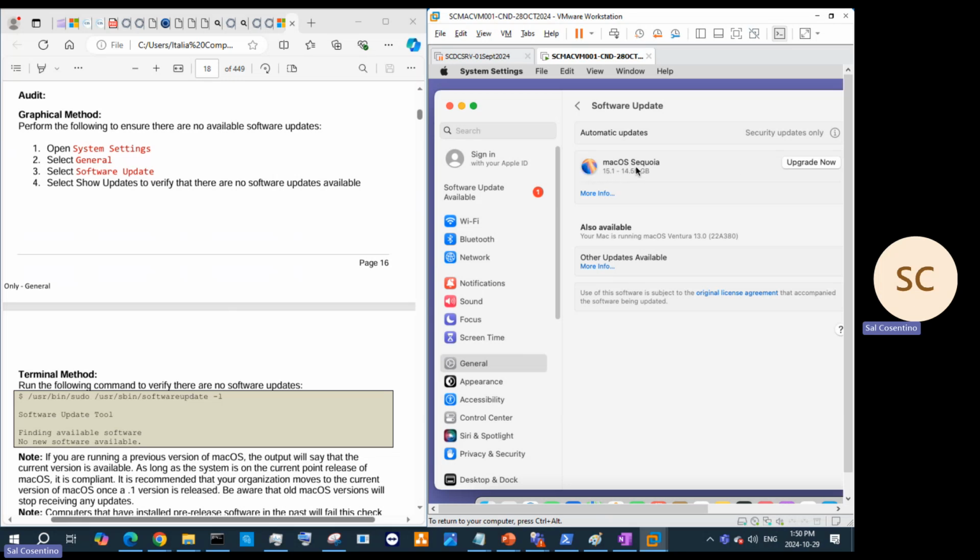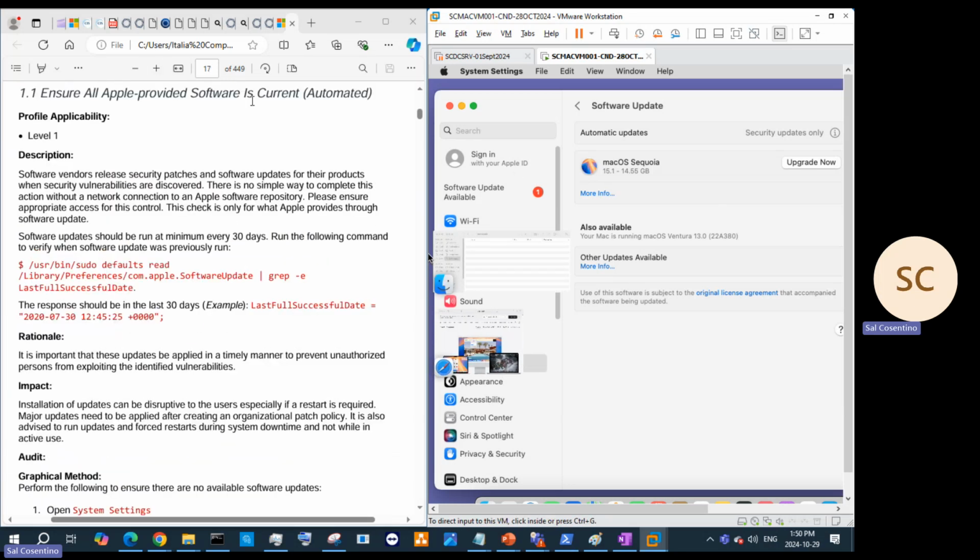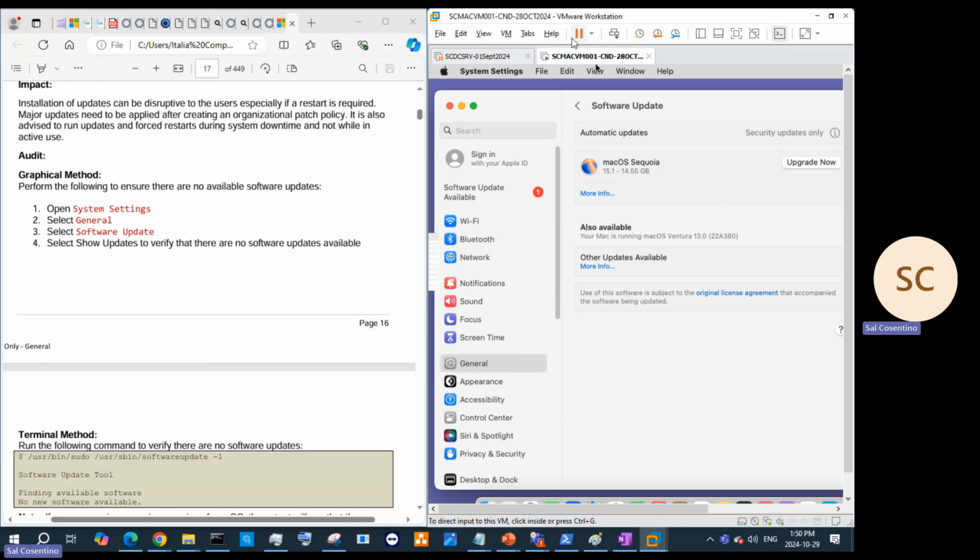And it's showing me Sequoia, which is the new one. And eventually I will update it, but I'm not going to do that now. So understand we need to be current. So it's telling us to be current. Let's be current, right? This is my test environment. Okay, that's fine. Let's just upgrade it now. But I want to show you the terminal method. Now, if I open up the terminal method,